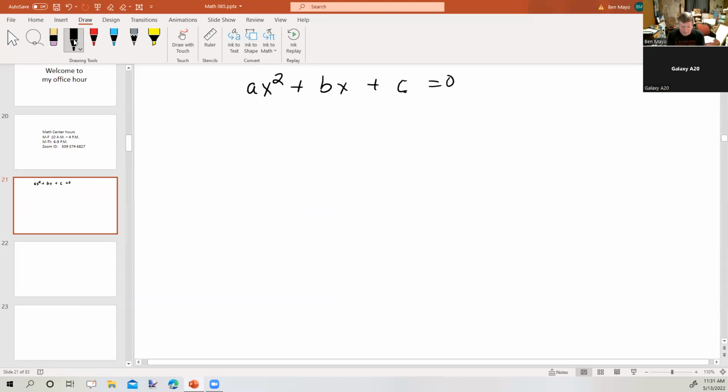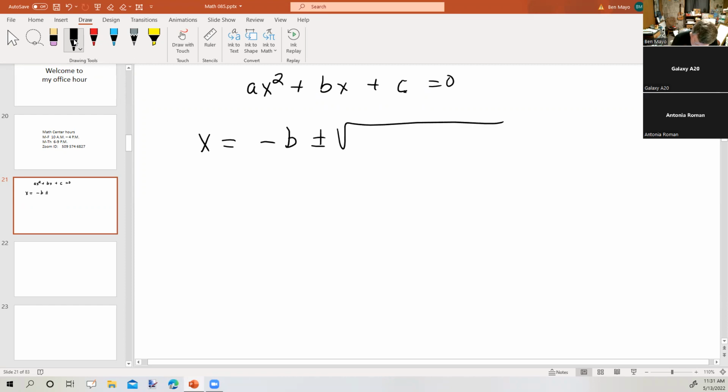So you divide everybody by a, then you move the constant to the right, then you take the coefficient of x, cut it in half, square it, add it to both sides, you get a perfect square on one side and a constant on the other, take the square root of both sides, and so on. Eventually, you end up with the following. X equals negative b plus or minus the square root of b squared minus 4 times a times c, all over 2a. And this is called the